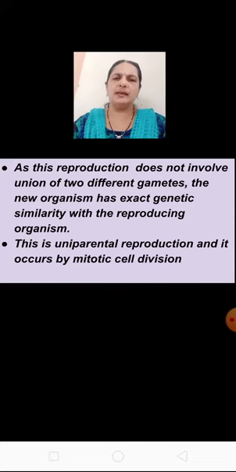This is uniparental reproduction and occurs by mitotic division, which we learnt. There is no involvement of two parents, male and female. Only a single parent reproduces, by mitotic division. We learnt in mitosis how first the nucleus divides, that is karyokinesis, and then cytokinesis. Similarly, there is division of the parent cell. This is asexual reproduction. Now, coming to asexual reproduction in unicellular organisms, first we will see binary